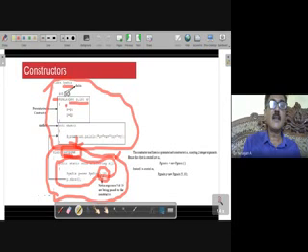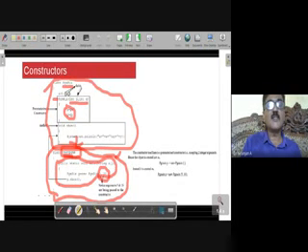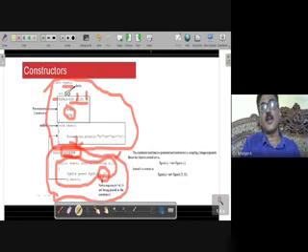What is the job that is being done? It is trying to initialize. Any constructor should initialize the fields. X and Y are the fields of this class. They are getting initialized. In this example, they are initialized with the default values. X is always initialized with 20. Y is always initialized with 100. However, here X is getting initialized with P and Y is getting initialized with this Q. So that is a parameterized constructor, and you can write more than one constructor in a single class. That option also is there. So I hope now you have